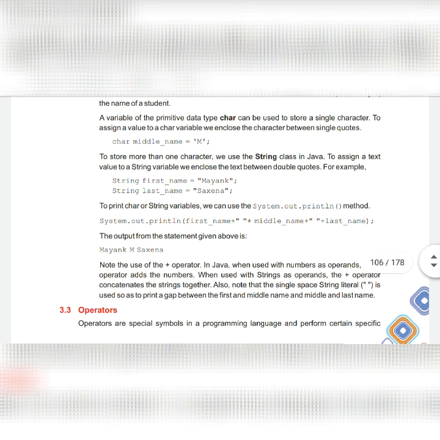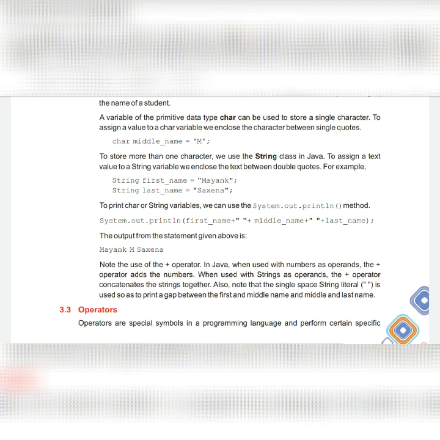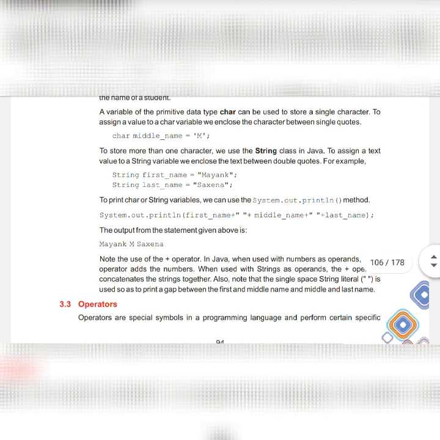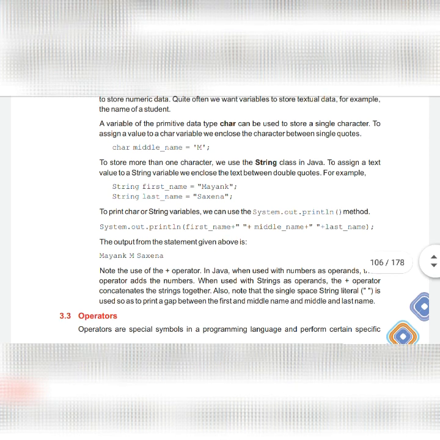To print in Java, the System.out.println method is used. System.out.println first name, this one variable, plus double quotes, plus middle name, plus double quotes, plus last name. The plus operator is used to concatenate the strings. It will show you Mayank, then its middle name, and Sharma, Saxena.